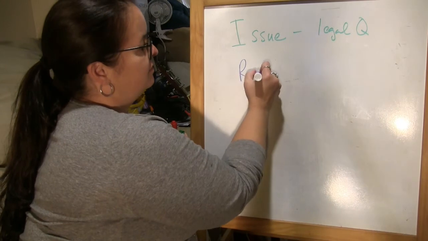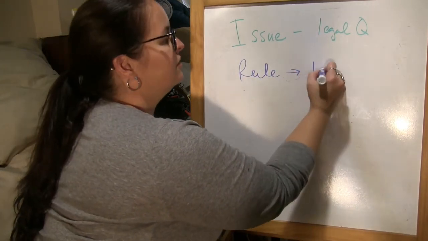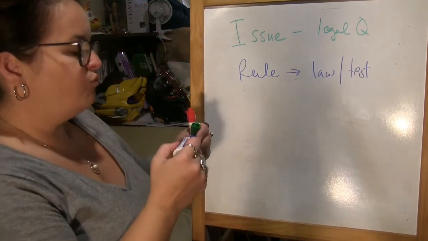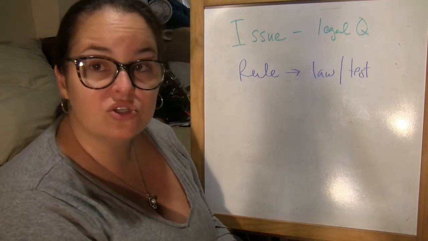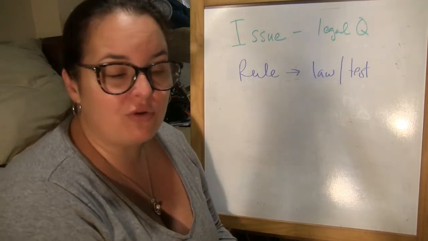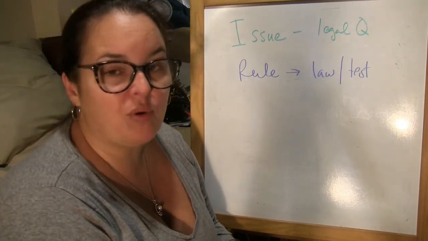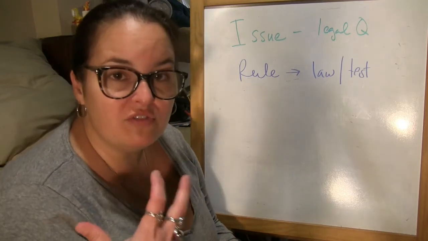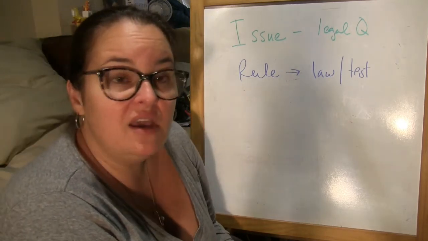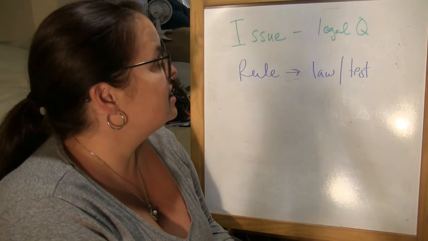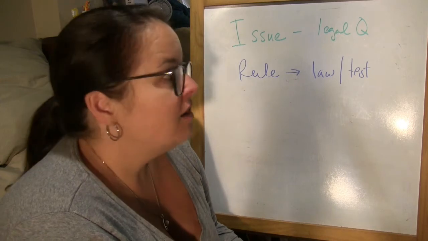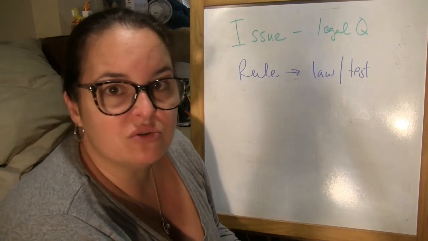The rule. The rule is the law that the court used to make its decision. Sometimes that's a test, and the court can apply a test from another case, or the court can look at a statute or look at other precedential cases. The rule is the rule of law that was applied in a particular case. So for instance, in Roe versus Wade, the legal issue might be, is abortion a constitutionally protected right? Notice how I switched up the language. Five lawyers would write five different issues for any given case.